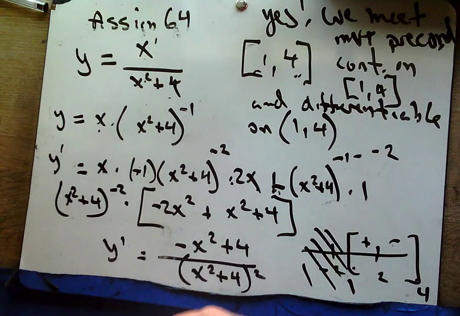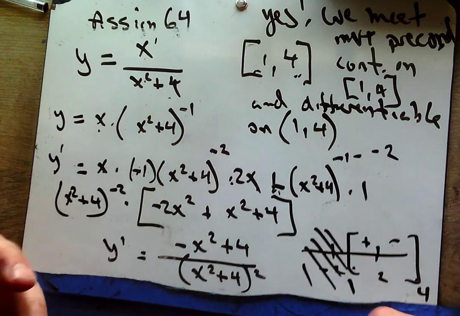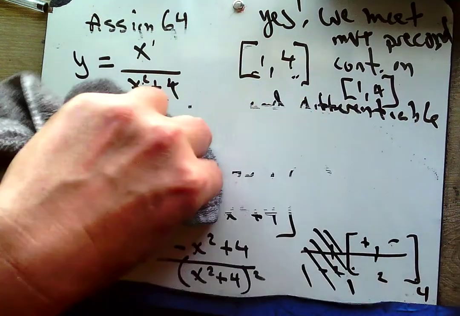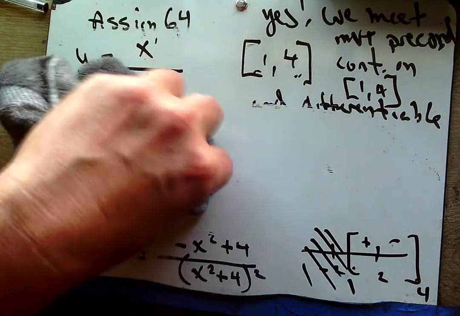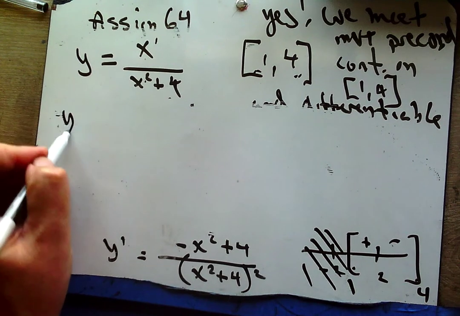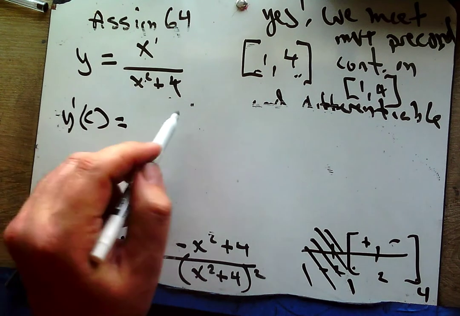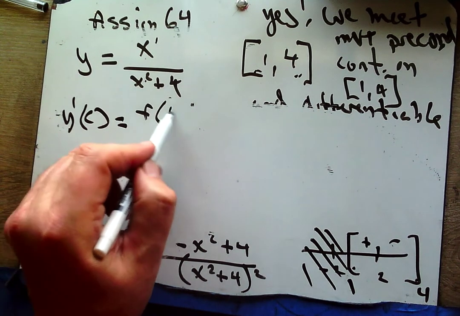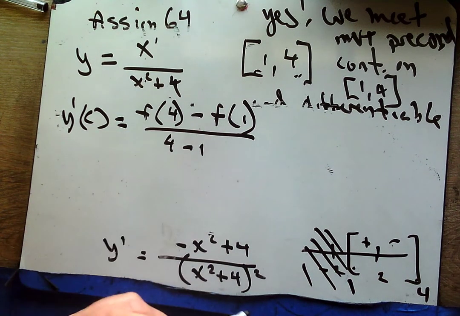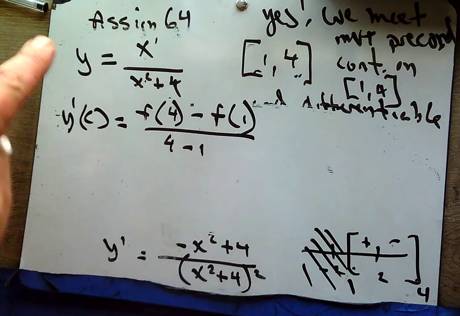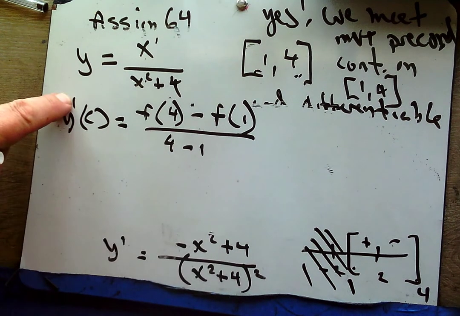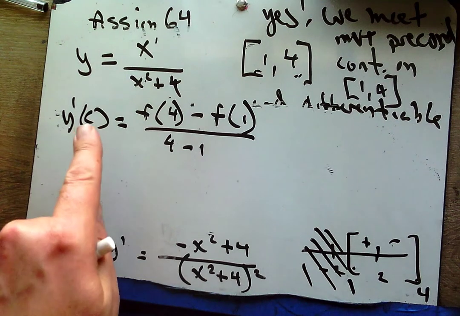preconditions. Great. And since we meet the preconditions for MVT, that means we're supposed to go further, and say, okay, satisfy our curiosity. Where does y prime equal f of 4 minus f of 1 over 4 minus 1? Right? The slope of the secant on the original graph needs to equal the slope of the tangent at a